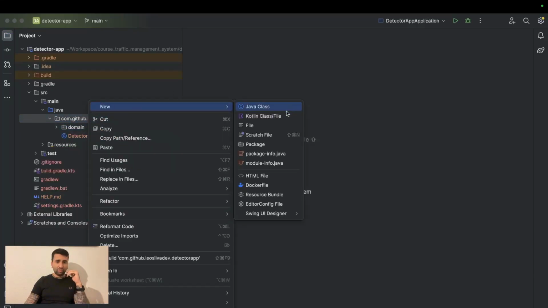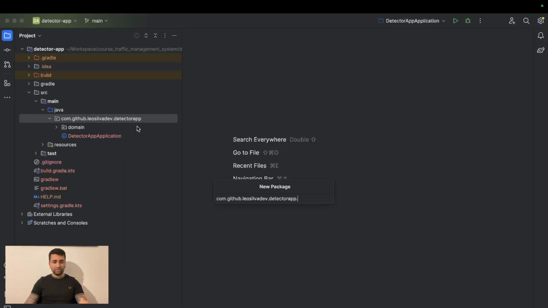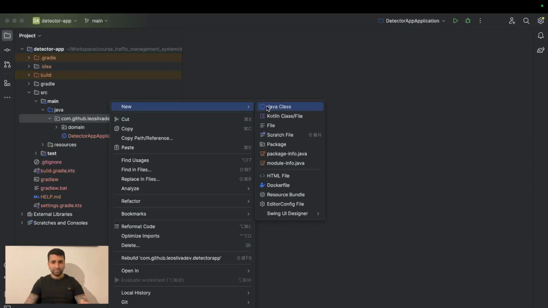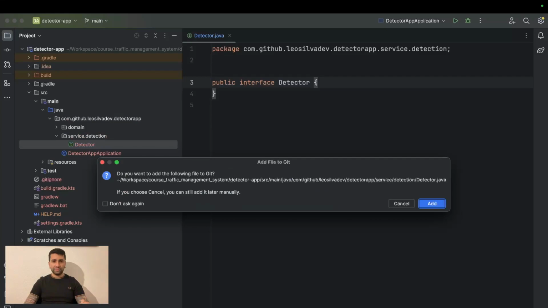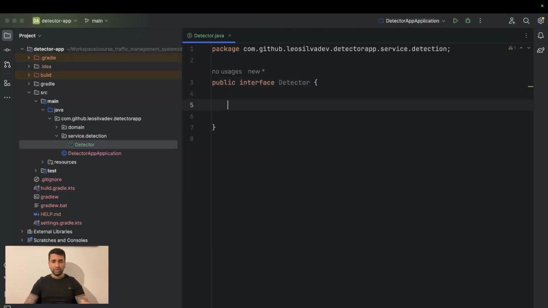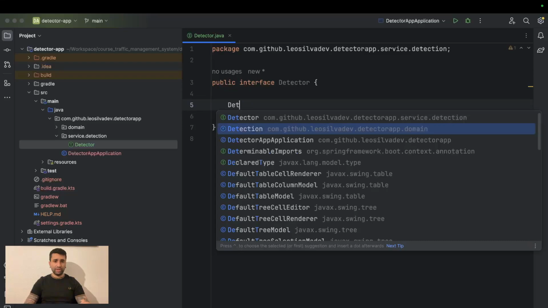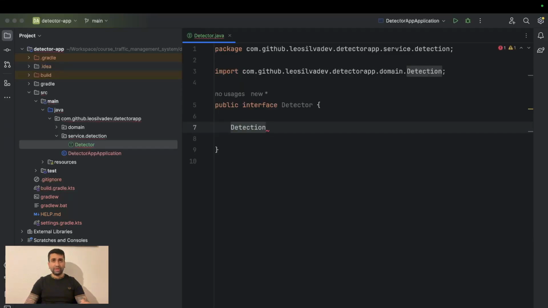So I think that, to start, our domain is quite well defined. Let's start to have our classes to make the real logic. I create a layer here, service, then detection, and the name of the class is going to be, let's create an interface, Detector. Basically what the detector should be doing is making a detection. In fact we can think of it in two ways. We can have a detector which we call and say, hey, detect,